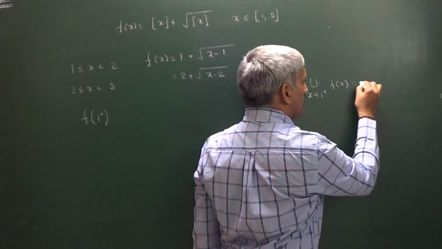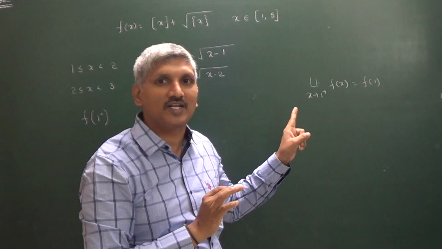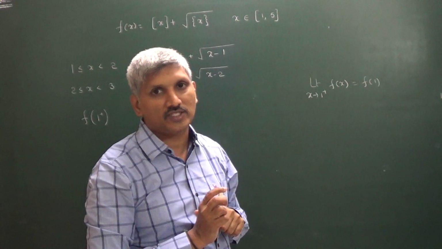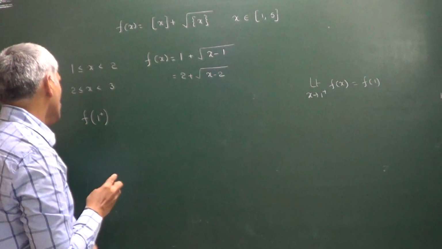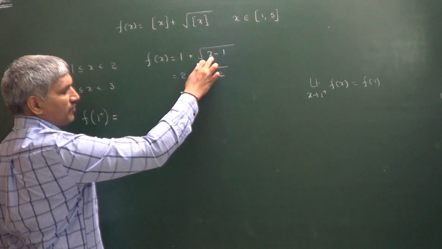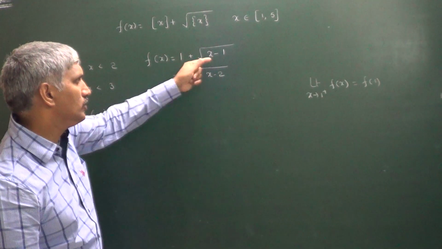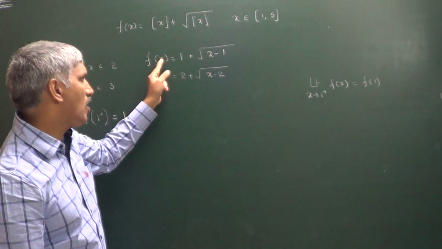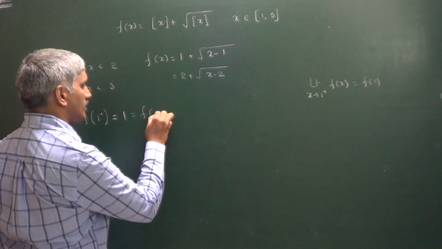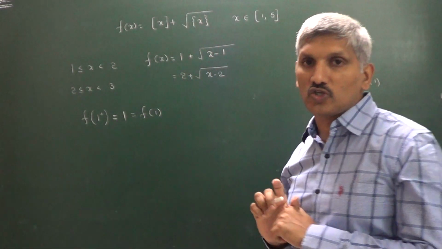If that is equal to f of 1, then we can say the function is continuous at x equals 1, because we have to check the right continuity at x equals 1, left continuity at x equals 5. Right. So f of 1 plus: now substitute 1 in place of x, you will get 1. So no doubt, f of 1, value in place of x we have to write 1. F of 1 value is also 1. This is equal to f of 1. Right. So that's why we can say the function is continuous at x equals 1.